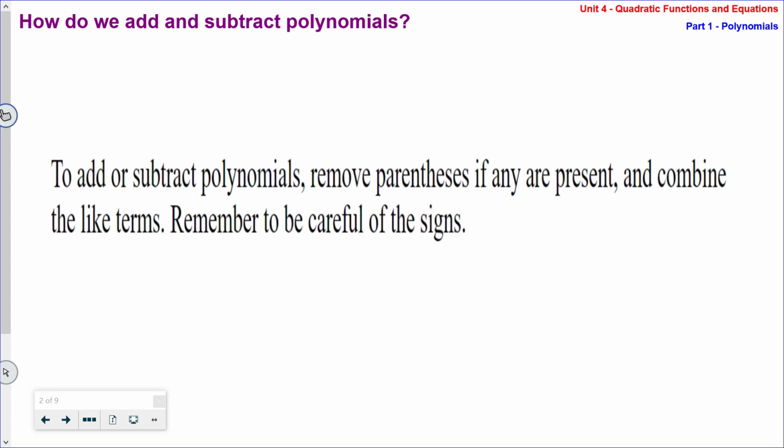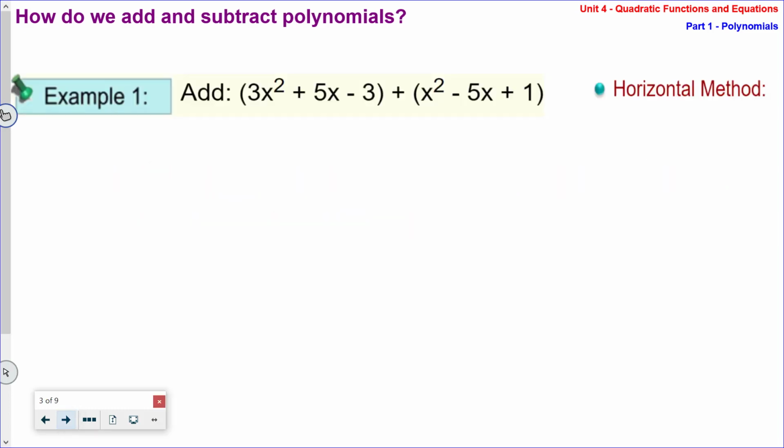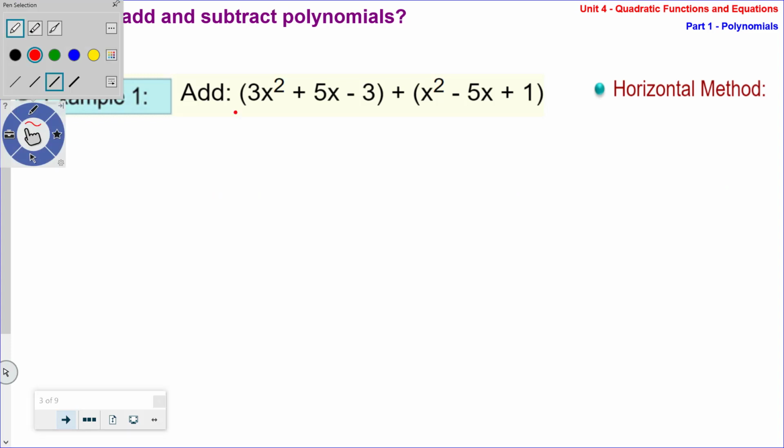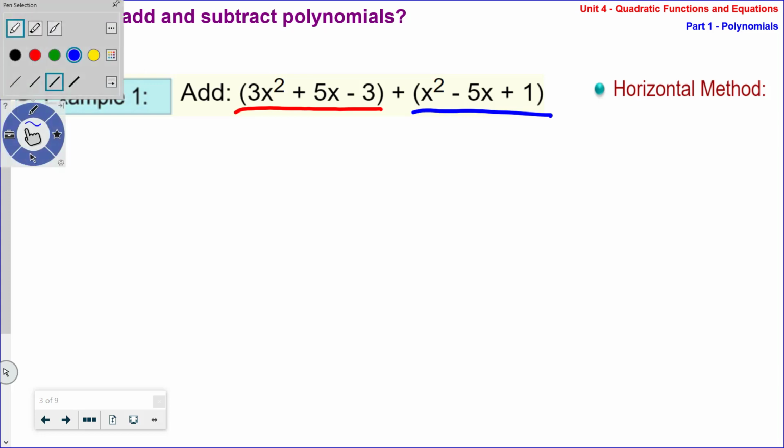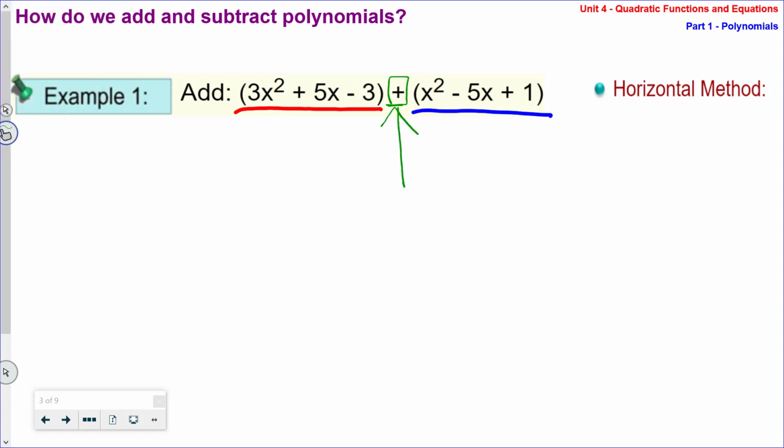So example number 1. Remove the parentheses and then you can combine like terms. Example number 1. We have two polynomials. This polynomial in red and we have a polynomial in blue. If the operation between the two is addition, so we have this red polynomial plus this blue polynomial,